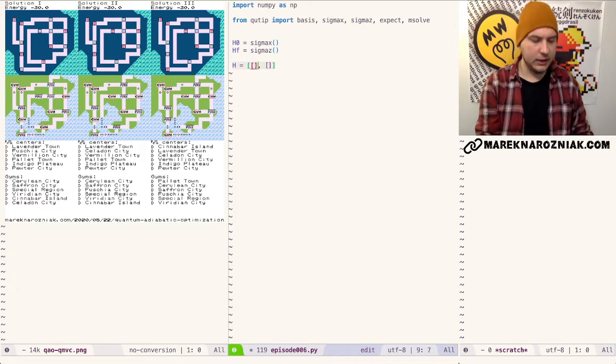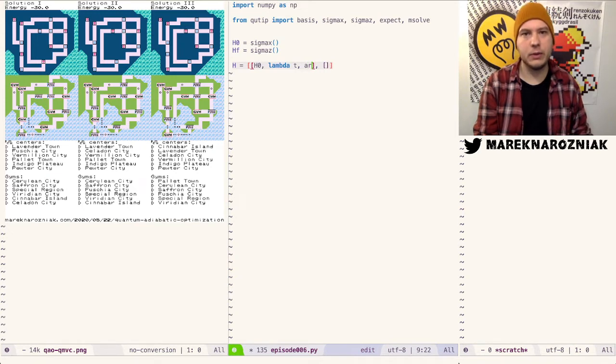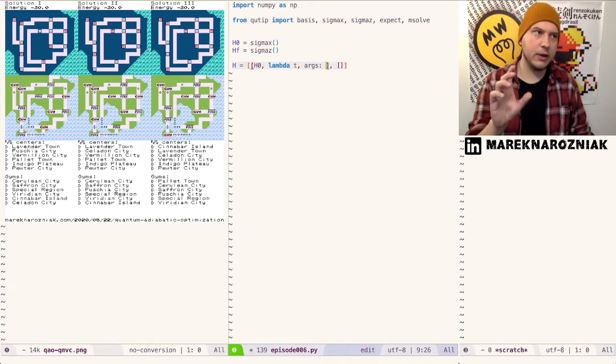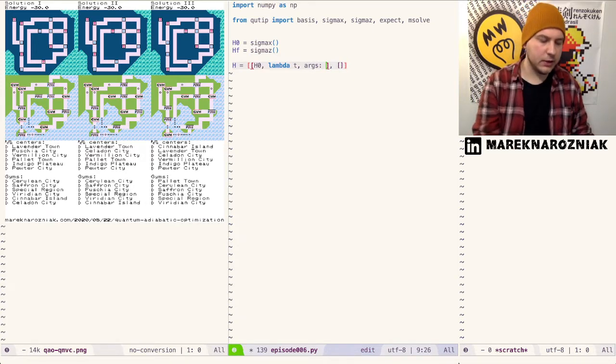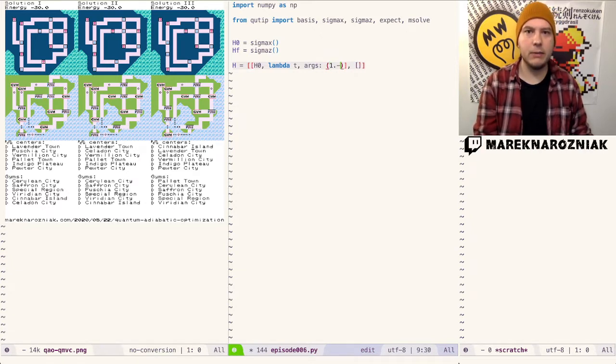It has the H0 parametrized by a lambda expression of time and some arguments which we will ignore. And that will be, so this one will decrease. So that is going to be 1 minus time over some overall time evolution period, which let's